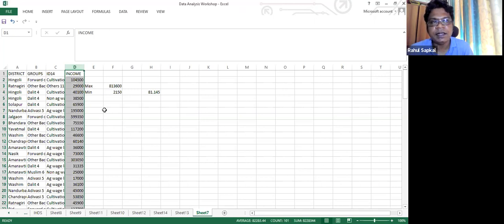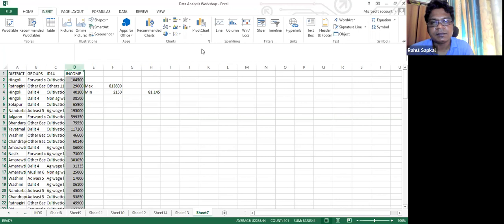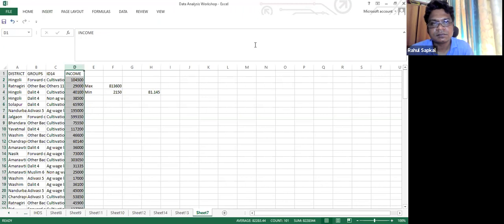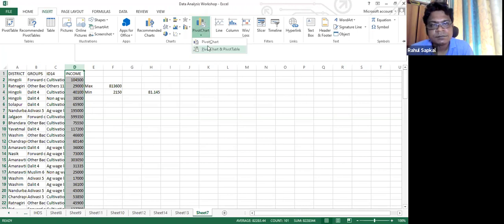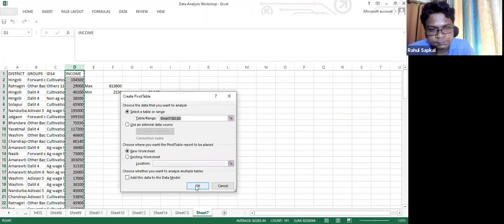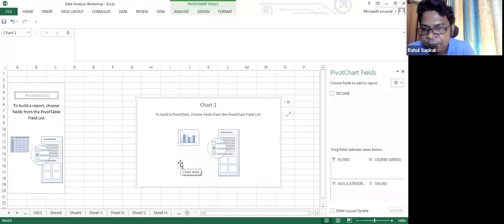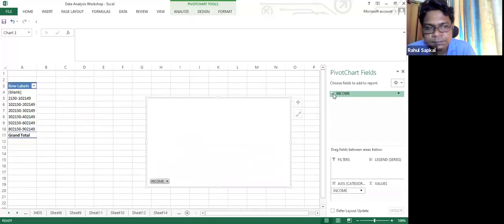You just put a click, then go to insert. I will just click on income.